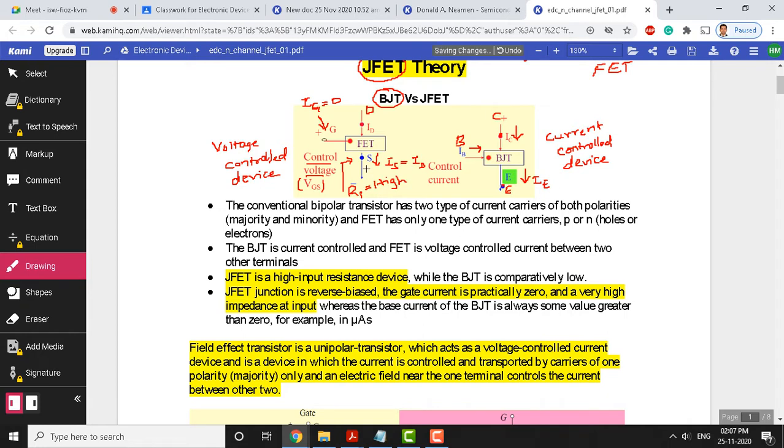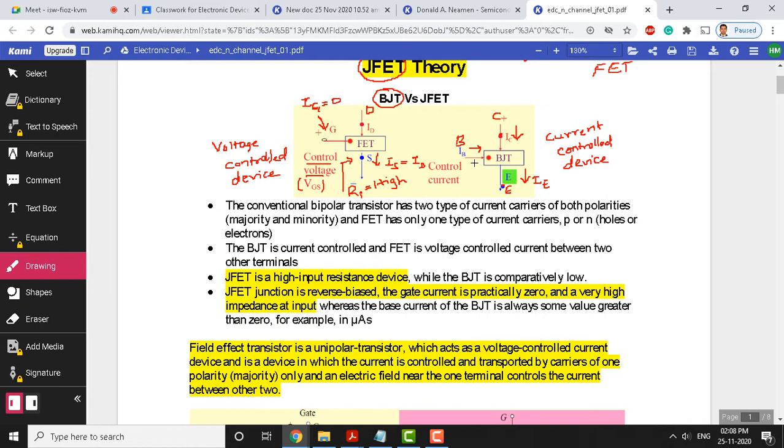Okay. So this is an advantage for us when we use FET as an amplifier. A higher input resistance expects a small signal between the gate and source. So therefore, this is an advantage from the amplifier point of view. Okay. Even from the switch point of view also. Having higher input impedance is always good. Whereas here we will not have that much impedance between the input terminals of BJT.